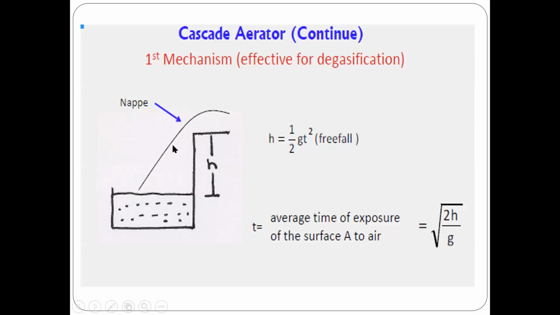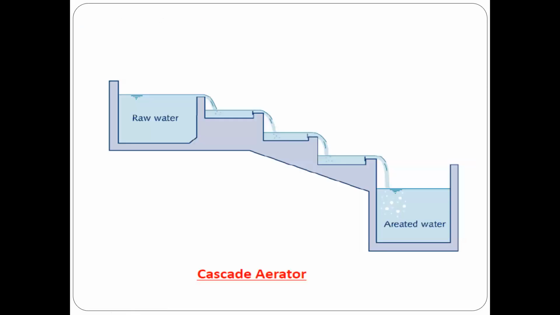process. Okay, you can see the nappy. You know very well what is nappy. Okay, so this is the process when we decide the height of your steps. Okay, this is also how cascade aeration is carried out. These cascade aerators are also called free fall aerators. Whenever we carry out the steps, that may be 3 to 4 steps, or sometimes it may be up to 10 steps,